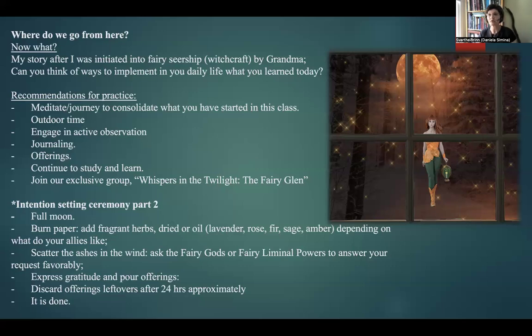Offerings, we're going to dissect, detail, and go deep into offerings in part 2. It can be a really complex topic. I'm just trying to simplify it here. Offerings can be anything that you do to connect deeper with them and feed them energy in this way. Like when you study, when you read about fairy lore, when you're studying or choosing to engage with the fairy lore within a certain cultural context.